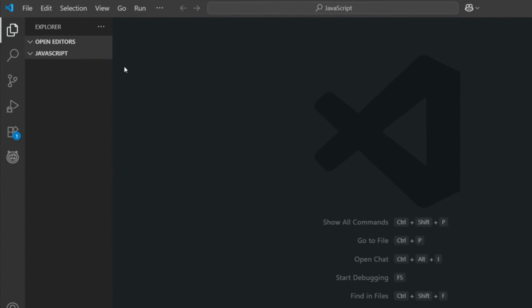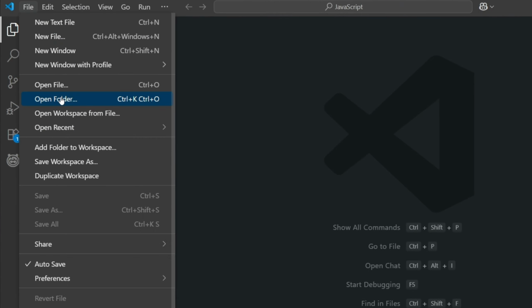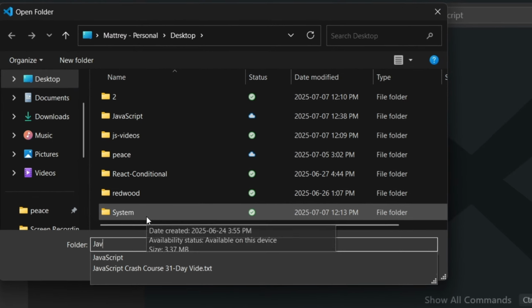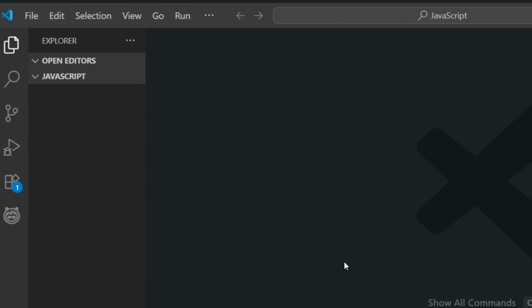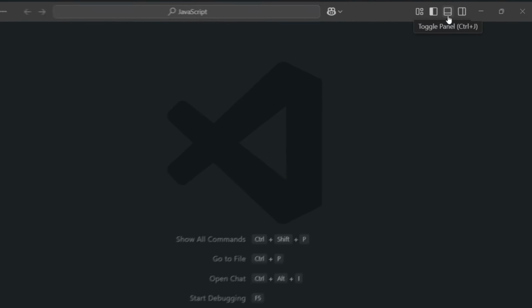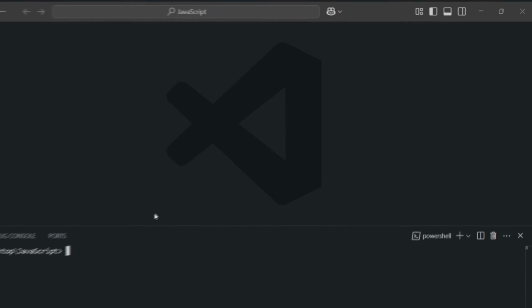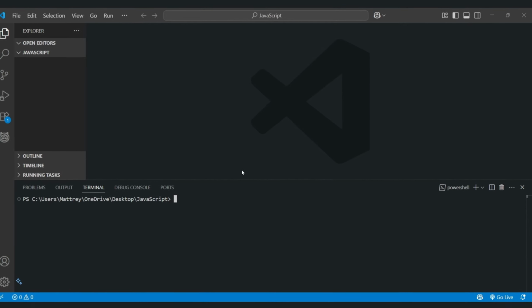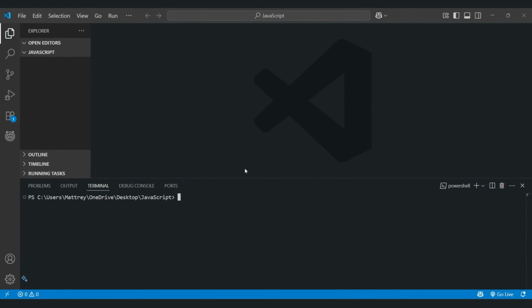I have it open, and now you can create a folder on your desktop and select that folder using open folder. I have created a JavaScript folder. Then you can select that folder, and as you can see, I had already selected it. Now to open the VS Code terminal, you can click any of these three options. So if I click this option,